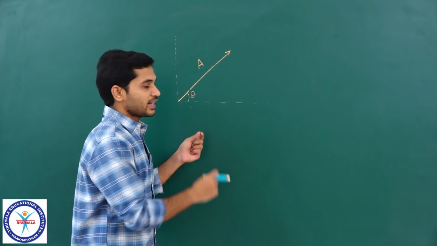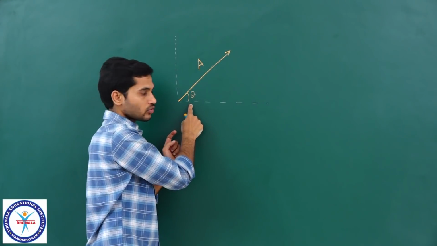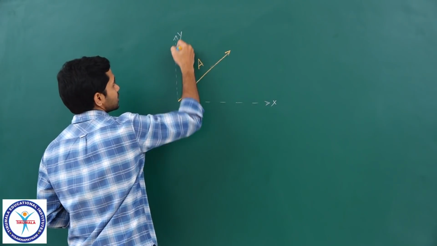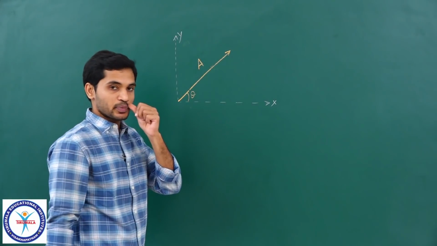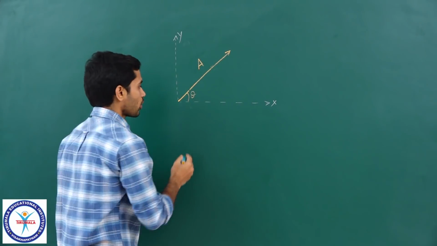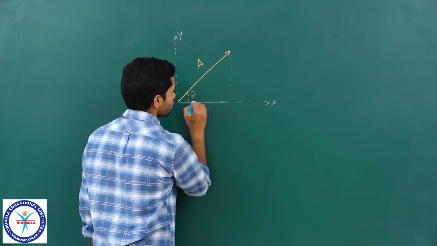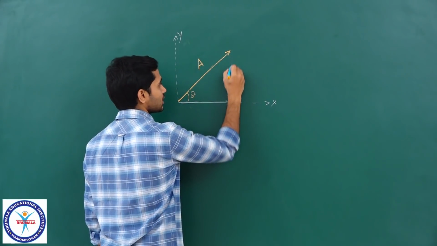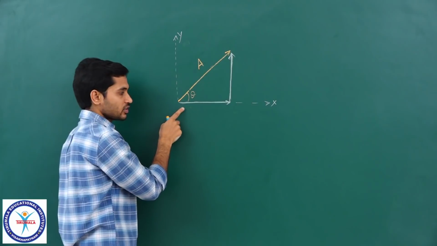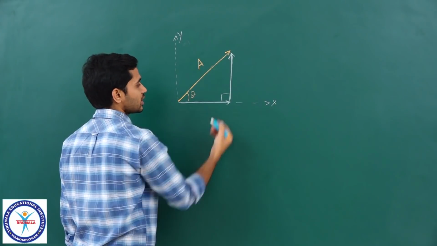So, students, let us now write it in a general form, right. A vector having a magnitude A making an angle of theta with the positive x axis. This is the x axis positive direction, and this is the positive y direction. This is the general expression which we are going to write down for any vector having a magnitude A making an angle theta. Now, the idea is once again the same: perpendicular, this is one component, and you can directly say that this would be the other component, correct. Think of it in terms of displacement, this plus this will be this. These two are also perpendicular, so these are rectangular components.